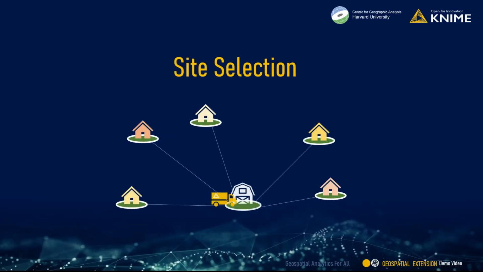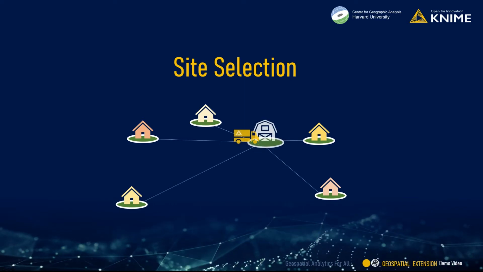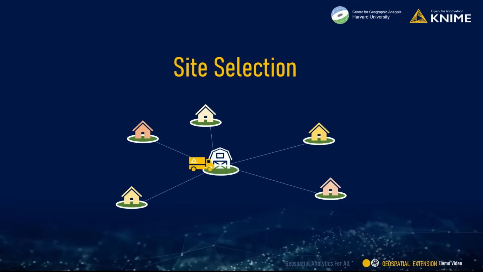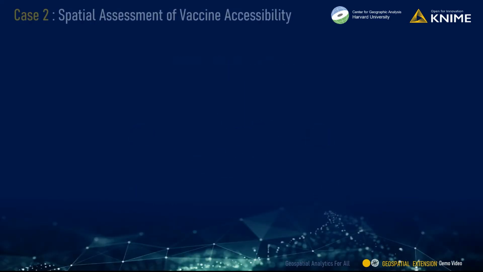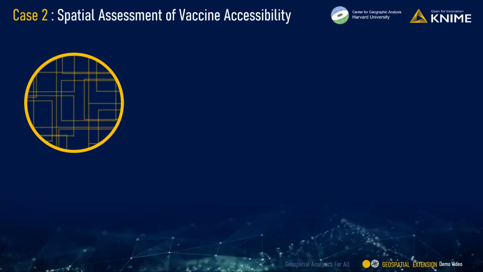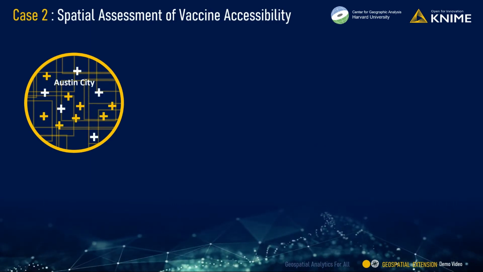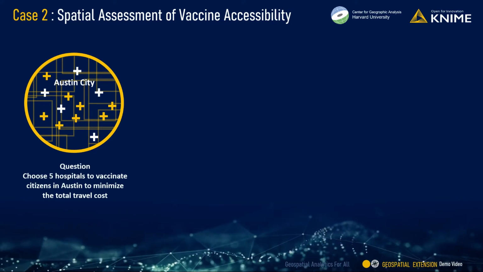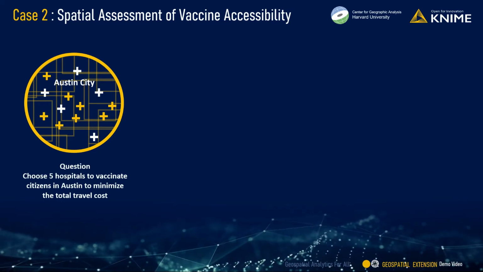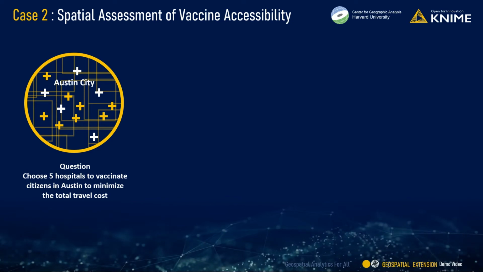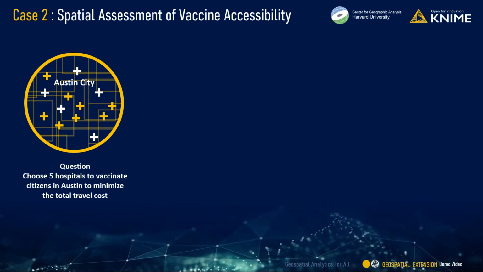The second case study is about site selection. Public facilities and companies can profit from a good location. For instance, in Austin, there are many hospitals. If we want to choose 5 hospitals to vaccinate citizens in Austin to minimize the total travel cost, how can